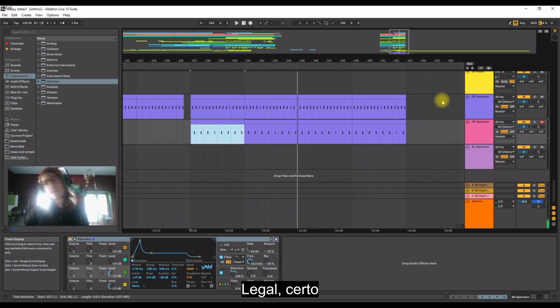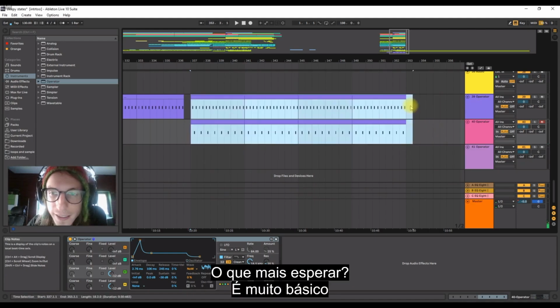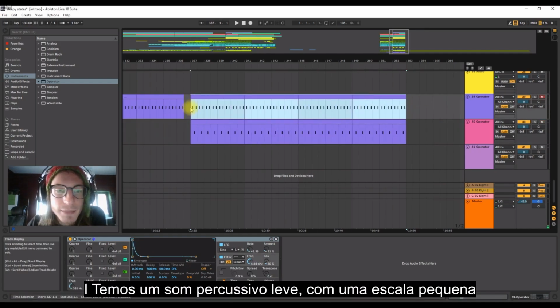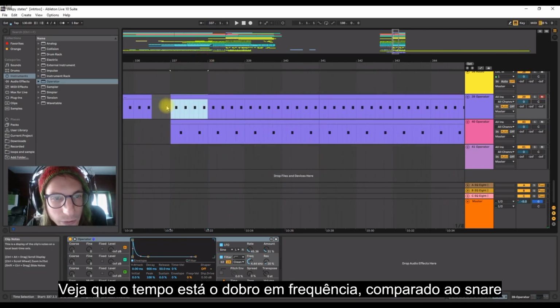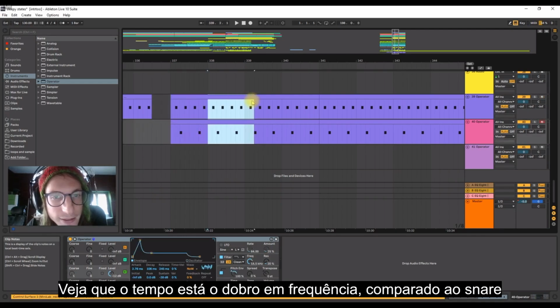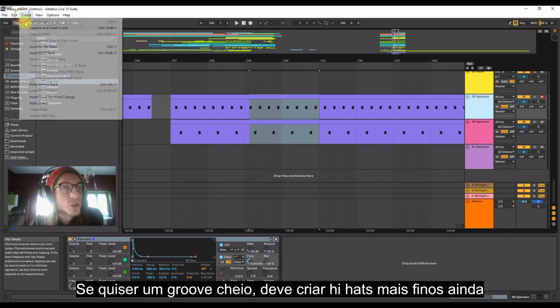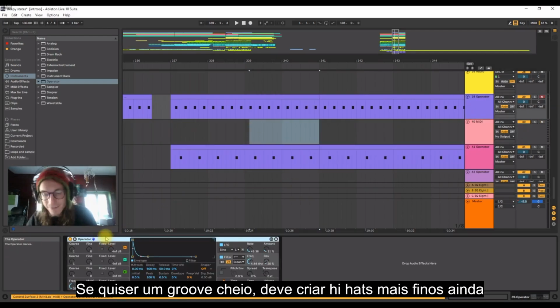Nice, right? What else to expect? It's like a no-brainer basically. You just have a light percussive sound on a smaller scale more frequently. Notice that it's double the time more frequently than the snare. It's like a fractal basically. If you were to go for the full groove, you would most likely want to create even thinner